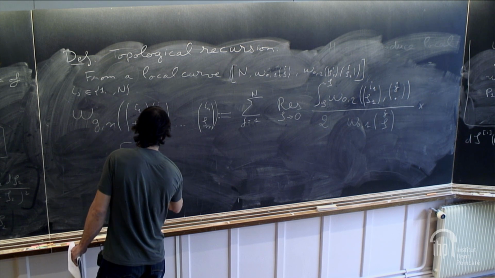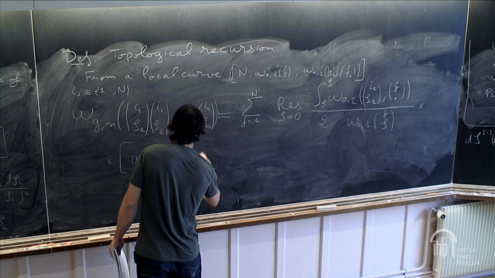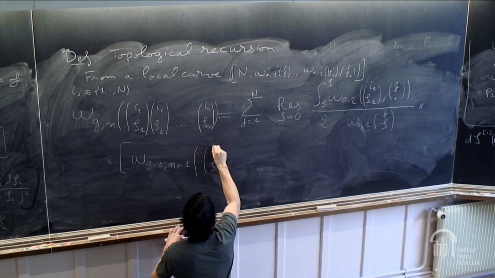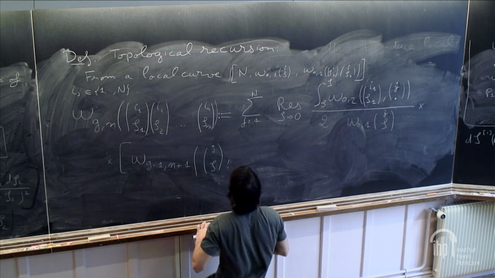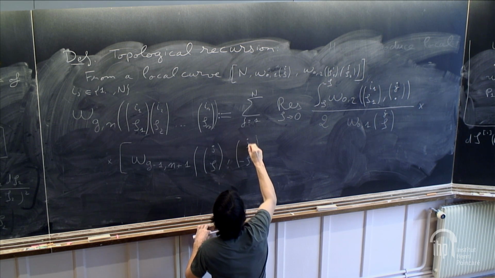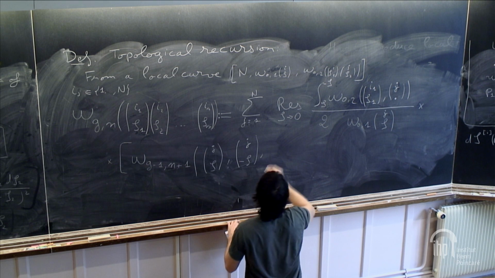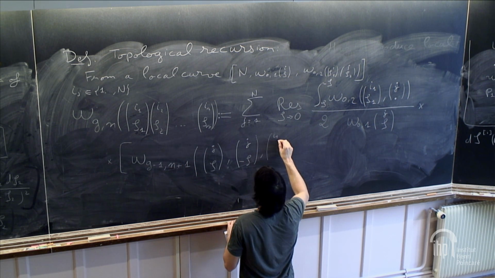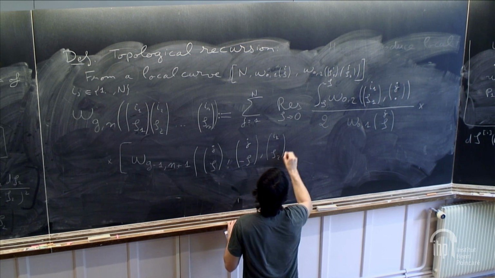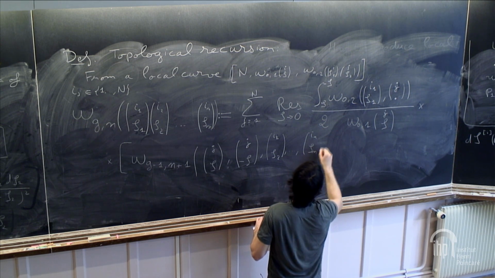omega g minus 1, n plus 1, of, and zeta is always associated to this j. So first variable, you take zeta. Second variable, you take its image under the local involution. And then you take all the other variables here, except for the first one, I2, theta 2, up to in theta n,